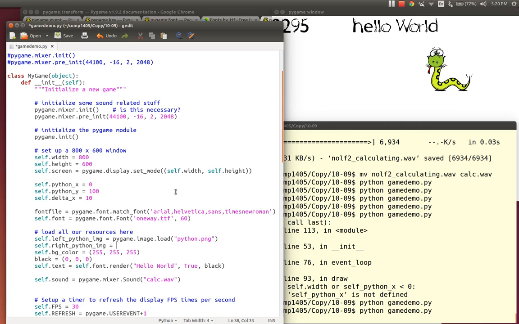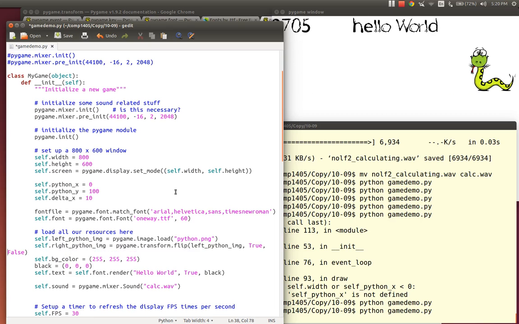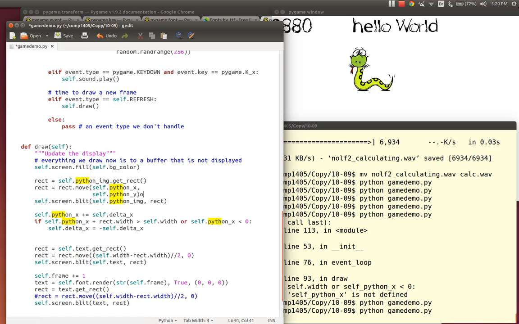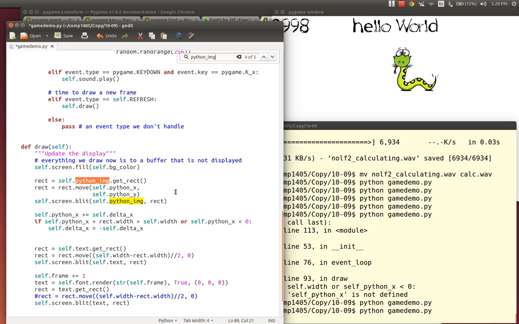And the right Python image is pygame.transform.flip, the left Python image. And I want to flip this across the x-axis, but not the y-axis. Okay, and